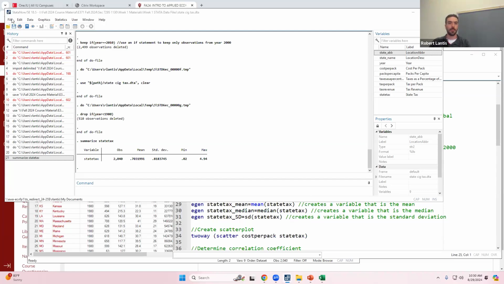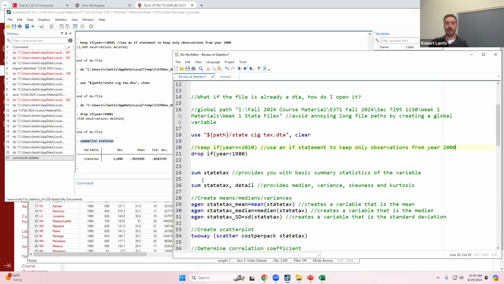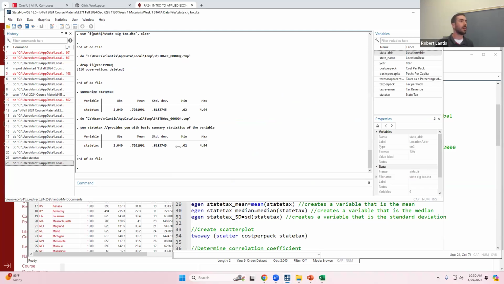I also have, and once again, if I didn't know the names, I could highlight this, copy it, and if I didn't already have this in here, you just paste it. Notice here there are some shorthand things for some of the stuff that Excel does, so summarize and sum do the exact same thing. In fact, I'll talk about one here in a second that you can also use an abbreviated name for.